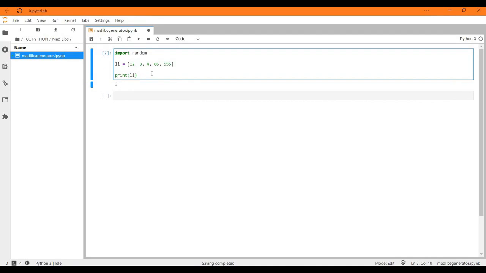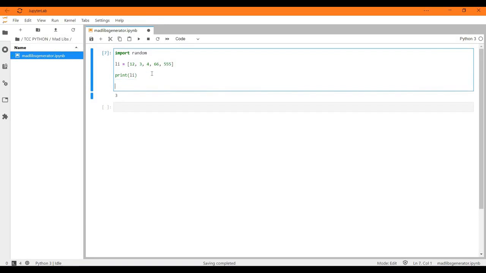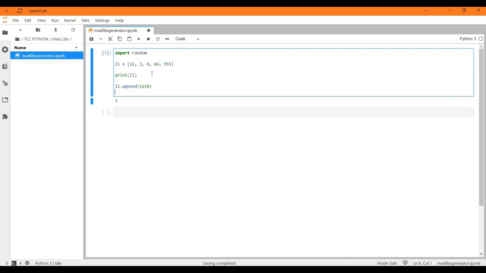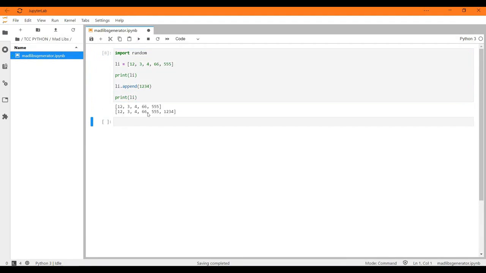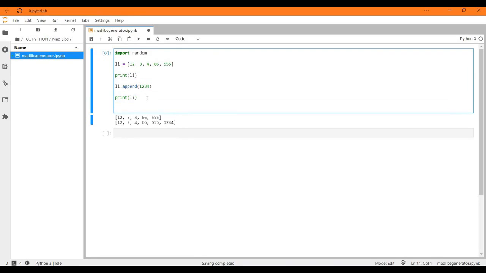Okay, and then supposing I'm going to be writing ly dot append, and what I need to append I'm going to be writing inside. Supposing I want to append 1 2 3 4, and then when I print ly, over here it's showing me 1 2 3 4 6 6 5 5, and then 1 2 3 4 6 6 5 5 1 2 3 4. So if you want to take something out, supposing over here I am writing del,